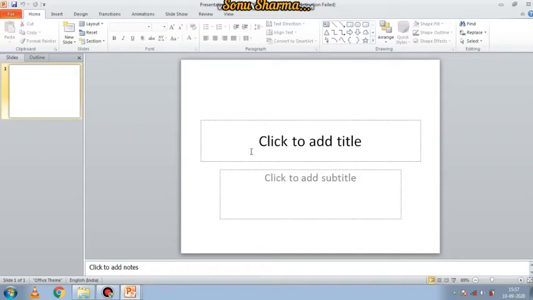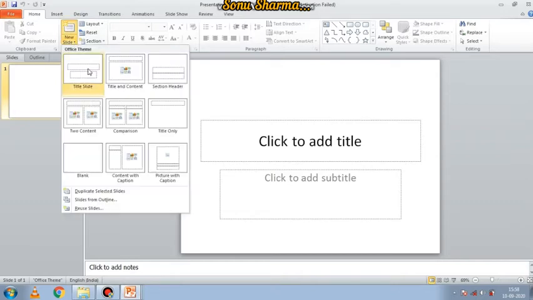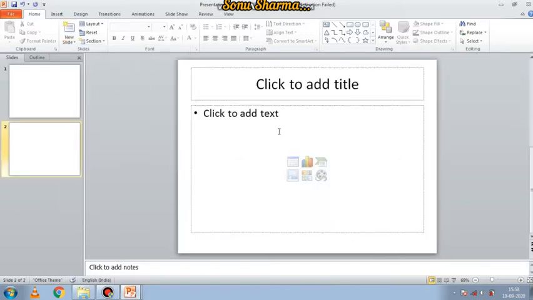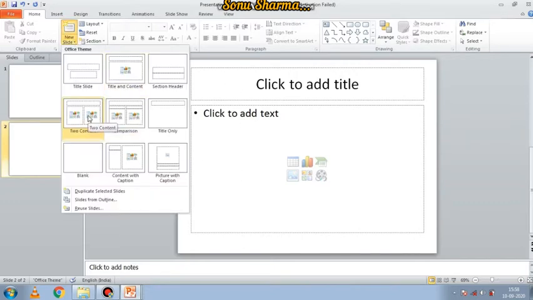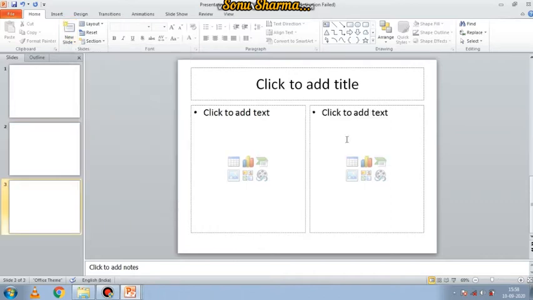The other method of creating a new slide: click on the Home tab, and then click on New Slide. Then you can see many different types of slides. Suppose I click on this type of slide. Now see, this type of slide is created. Again, if I want this type of slide, it is created. Now how many slides are there? Three slides are there. The numbers are given serially. So this is adding new slides.